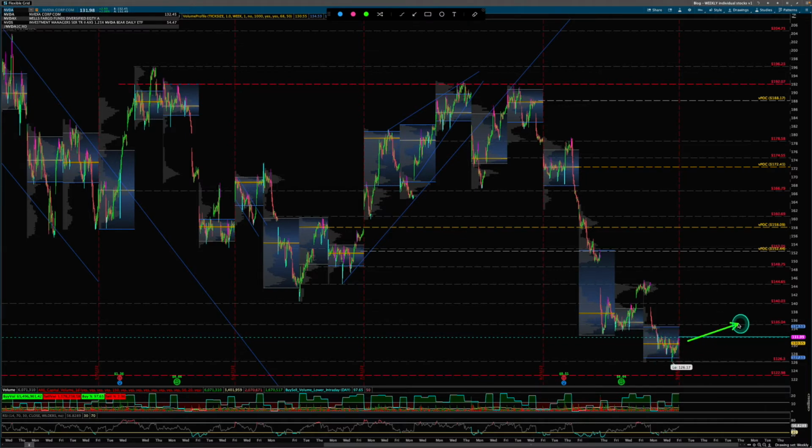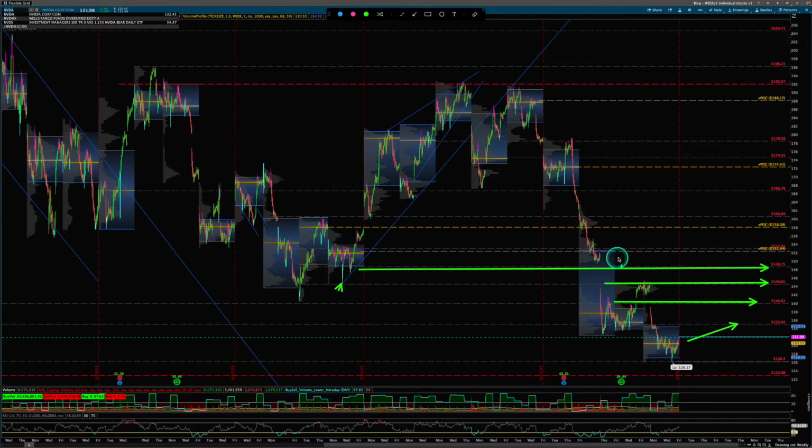Upside, you got 135.04 light level, definitely resistance at 140.03, and then another level at 144.65 as resistance, where we previously bounced. Previous support could become resistance, which we were seeing right here happen. Another 148.75 that we gapped right through. And then you got a weekly POC here, as well as another level that we have at the 152.44